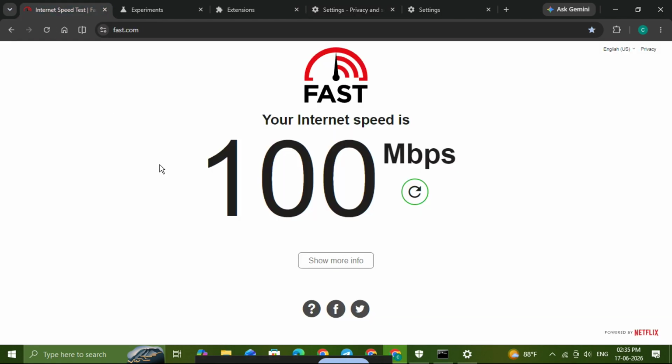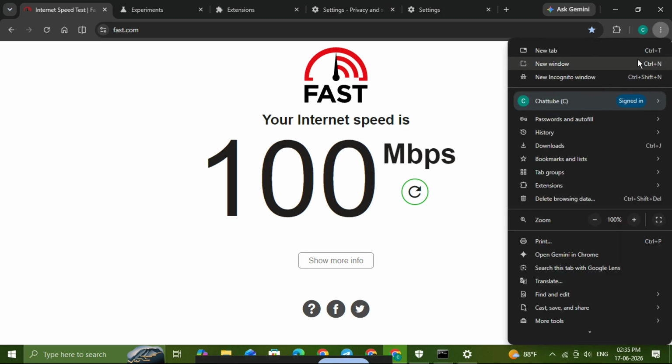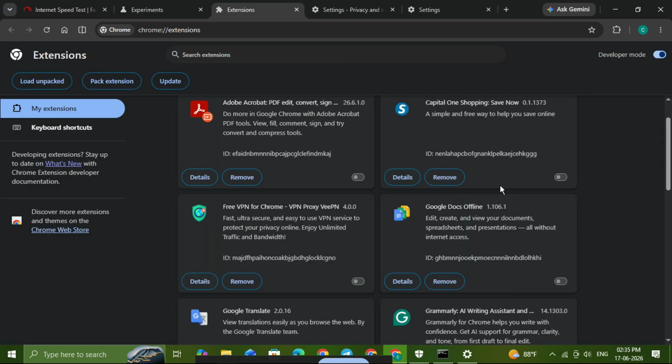If the issue is still there, the next thing to check is your extensions. Some ad blockers, VPN extensions, privacy tools, and security add-ons can interfere with site redirects and cause Chrome to get stuck in a loop. To manage them, click the three dots in the top right, hover over extensions, and then click Manage Extensions. From there, temporarily turn off any extensions that might be affecting the site, especially ad blockers, tracking blockers, and VPN tools. After disabling them, refresh the page and see if the website loads properly. If it does, you found the cause, and you can re-enable extensions one by one to identify the exact one